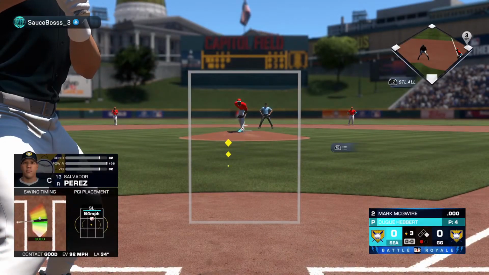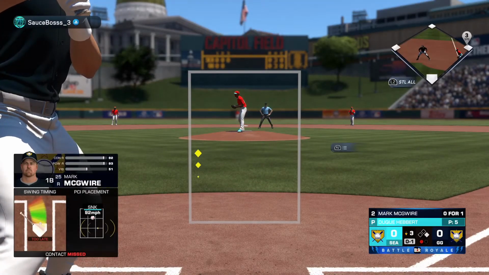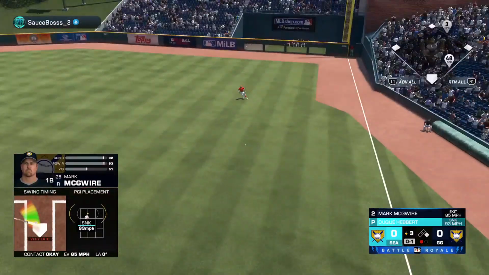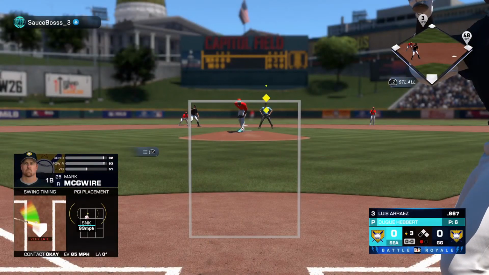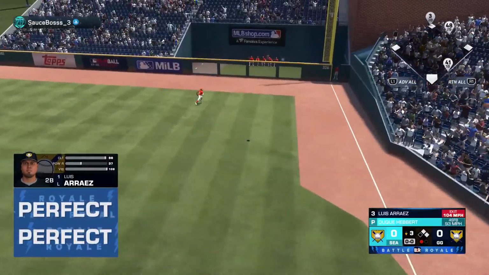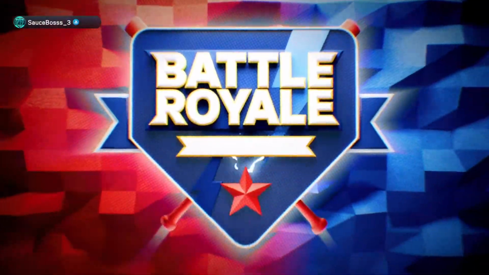Now a chance for Mark McGuire. Count is 0-1. Puts it on the ground to first. Misplays it. That works out nicely for you. Luis Arraez ready to go with a winning run at second. The pressure is real, and I can tell you're ready for it. You're all over that pitch. This ball is gone, and they win the game. What an incredible finish in this one. They're going to absolutely